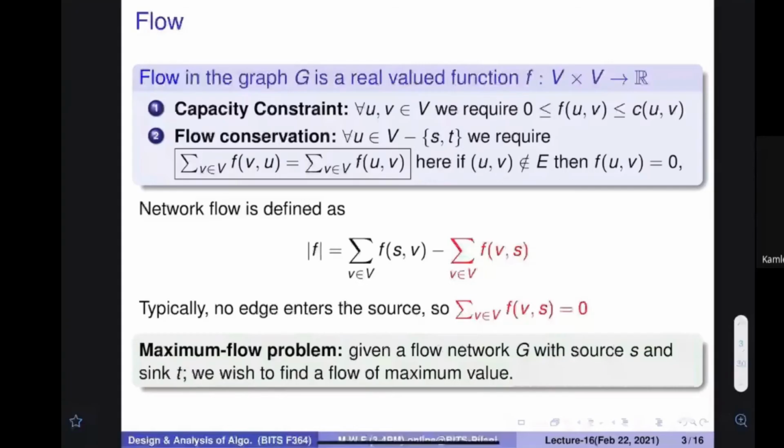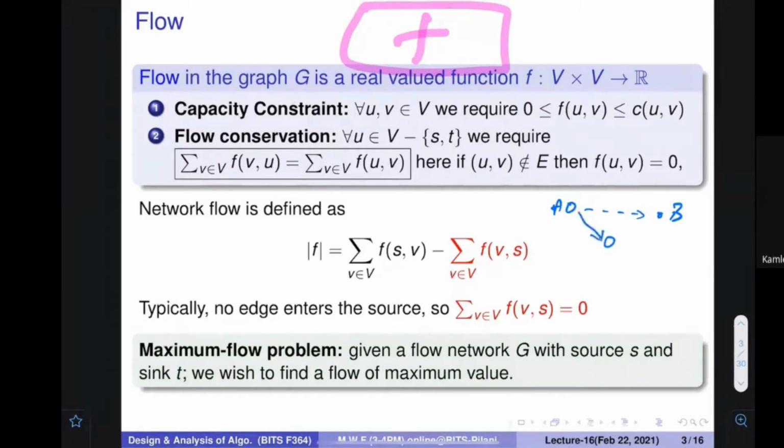Because we are defining a network, in the complete network I want to find out what the flow is. We have just now talked about the flow between two nodes. Here also, please try to understand: if there is node A and node B, and in between I want to find out the flow, but there is no direct connection. There is a connection from A to C and C to B, and let's assume the flow is 5 on each. If I ask what is F(A,B), then what is the value?